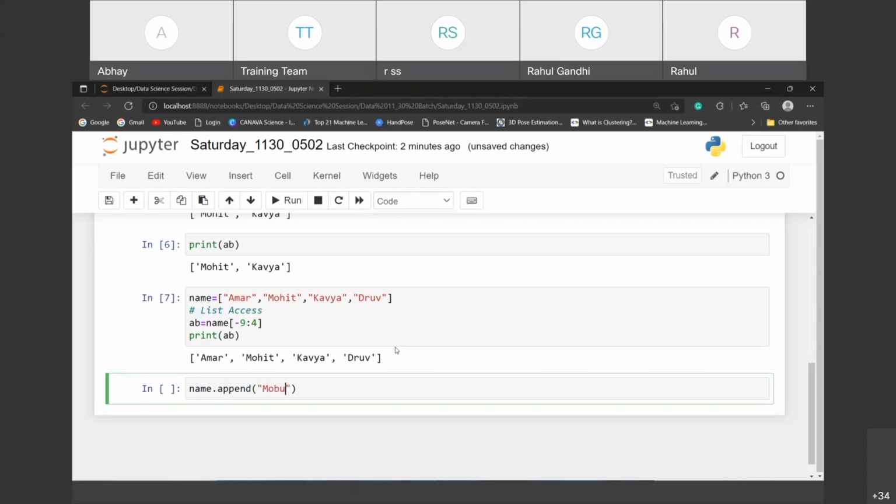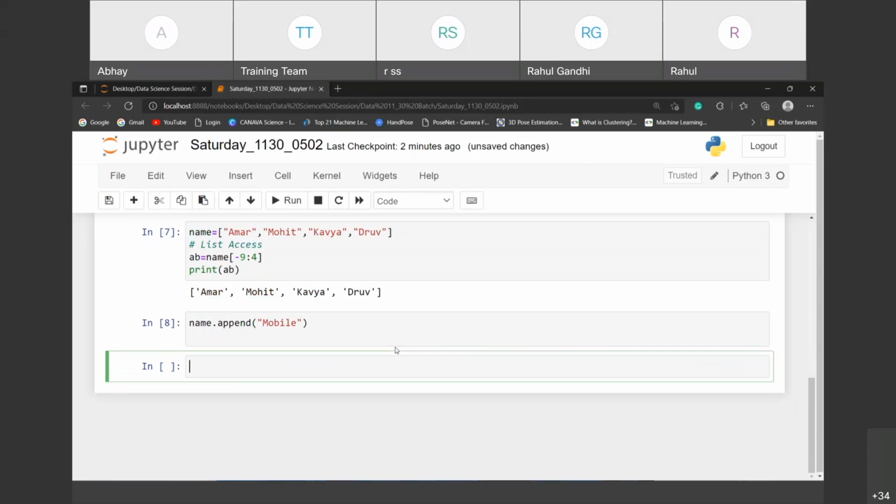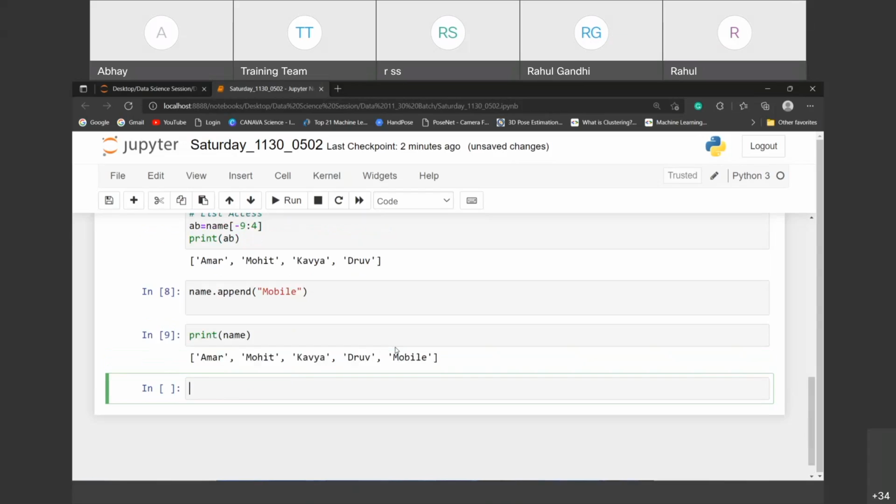See, this one we used with append already, many times. But check out mobile. If I want to use name.insert, inside the bracket you have to pass the position.